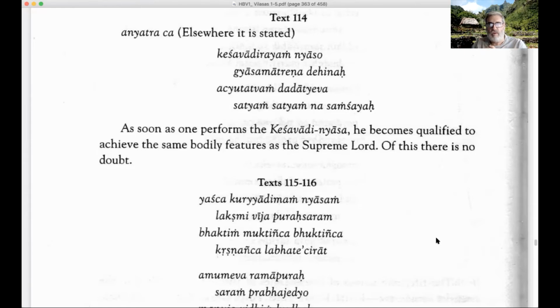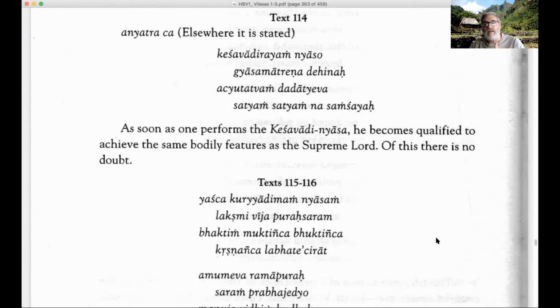like the Lord's form. Now, of course, in later Gaudiya Vaishnavism, there was this idea of doing Raganuga Bhakti and meditating upon the eternal form of a particular associate, a servant of a particular associate that one meditates upon, called the Siddha Deha, or the perfected form. So in Raganuga Bhakti, this Keshavadi Nyasa probably wouldn't be there, because the Keshavadi Nyasa is meditating upon taking the form like the form of Lord Vishnu when one goes to Vaikuntha, Swarupya Mukti.